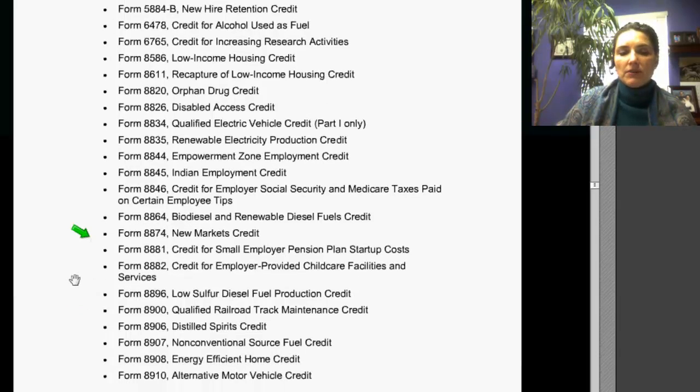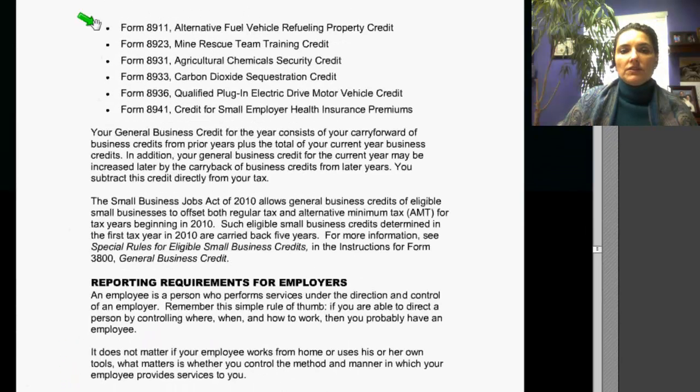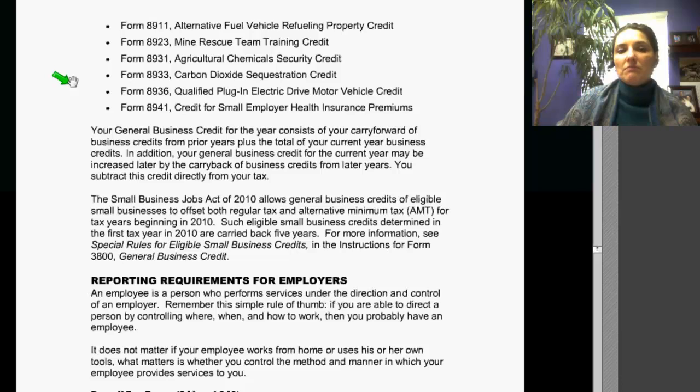employer pension plan startup costs, the credit for employer-provided child care facilities and services, low sulfur diesel fuel production credit, qualified railroad track maintenance credit, distilled spirits credit, the non-conventional source fuel credit, the energy efficient home credit, the alternative motor vehicle credit, the alternative fuel vehicle refueling property credit, the mine rescue team training credit, the agricultural chemicals security credit, the carbon dioxide sequestration credit, the qualified plug-in electric drive motor vehicle credit, and the credit for small employer